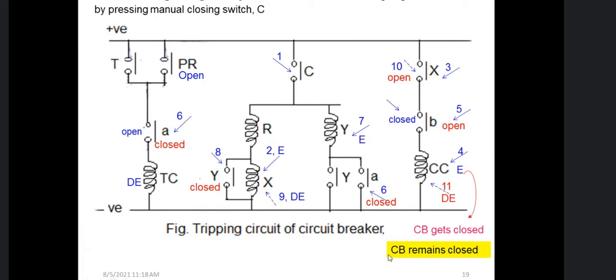Ma'am, here C is the manual closing switch button, right? Yes. So when it operates automatically, how will the X be energized? I mean, is X opened or closed by energizing the X coil? If C is not operated manually, then the intermediate coil will not be energized. That means X will not be energized. So how will X be closed or open?